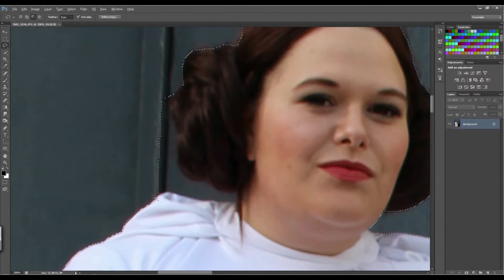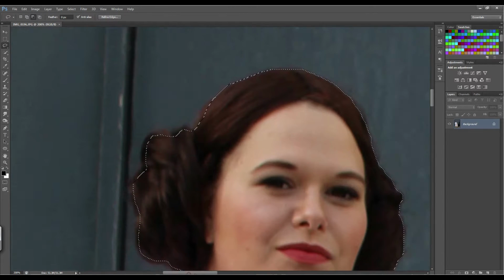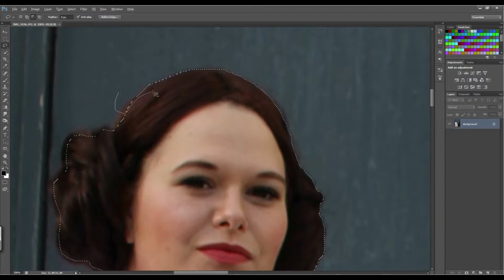Okay, now comes the bit, if you've watched my previous Photoshop tutorials, you already know this bit, but I'll just reiterate it for clarity's sake. For this, we're going to leave a little bit of a halo around the hair. Leia's hair isn't actually that wispy, so I don't need to leave that much of a halo, but I'm just going to leave a little bit, and you'll see why later. You want to make sure that you've only got solid stuff selected, that if there's any kind of fuzz, it's completely left out. This will be easier to show on the Kylo hair, to be honest, because Leia's hair